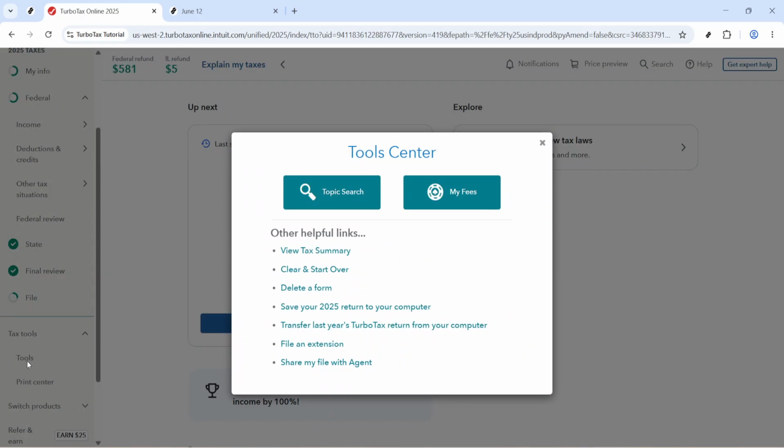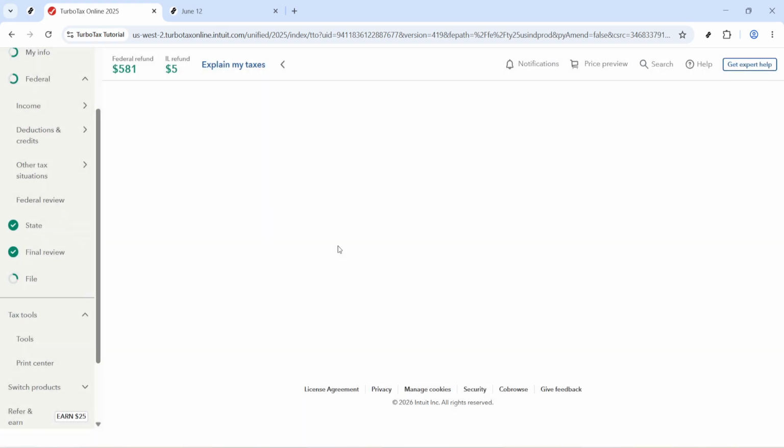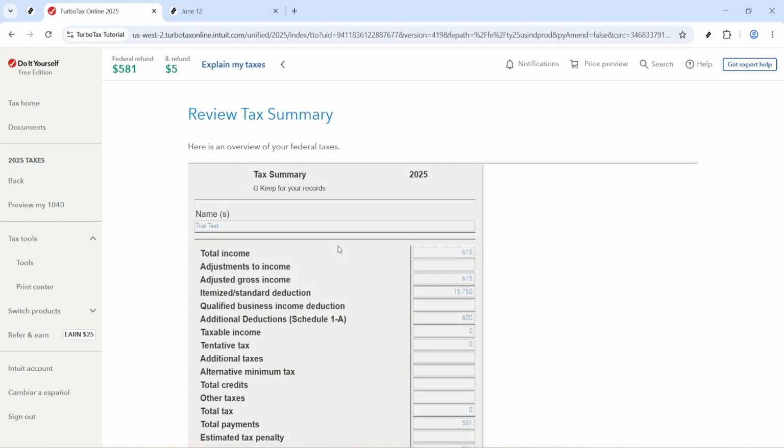If you don't immediately see everything, give it a moment to load, since these menus can sometimes take a second to appear depending on your browser or internet speed. Next, click on View Tax Summary. This takes you out of the interview-style filing flow and into a summary view of your tax information. That's important because the print and download options are typically easier to access from this section rather than from the